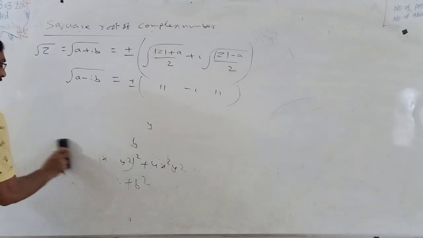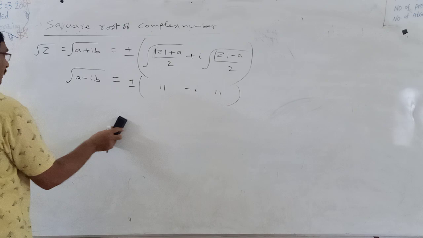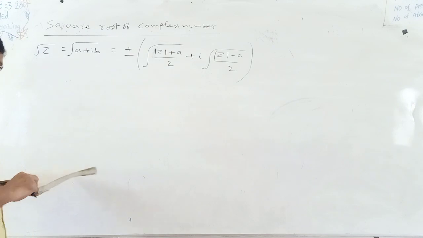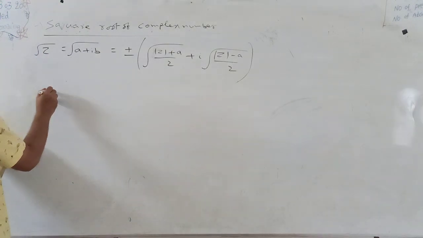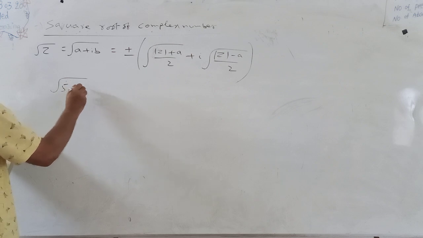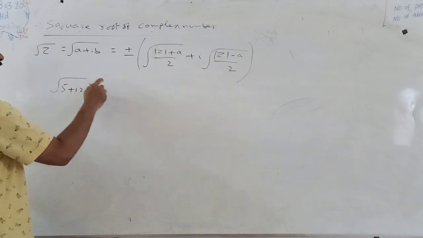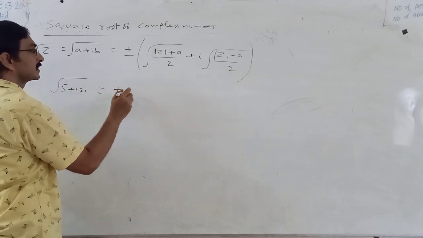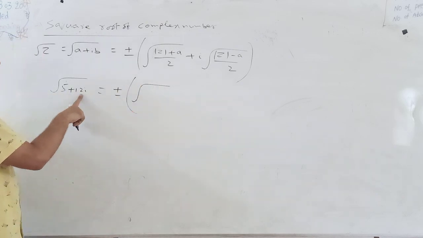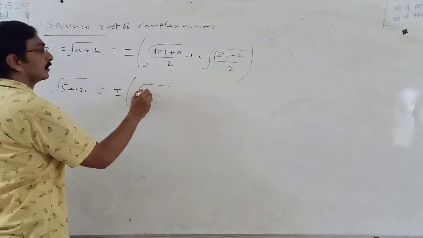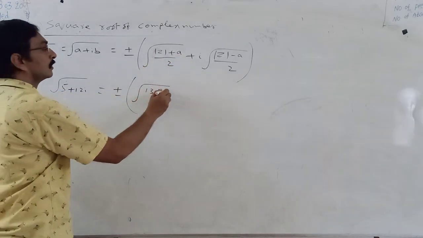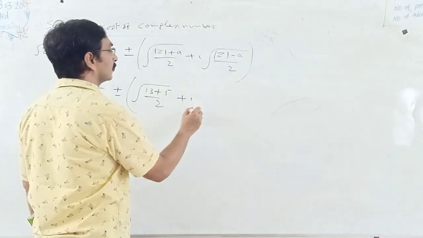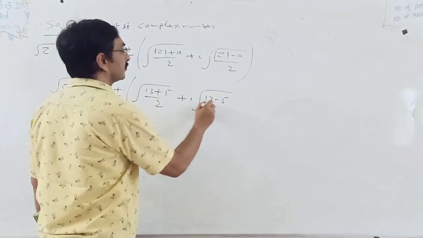So, problems based on this one, directly they can ask, just a complex number given, what is the square root of the complex number? See the example. Find root of 5 plus 12i. A is 5, B is 12. Middle sign positive. Therefore, answer plus or minus root of mod z, which is root of a square plus b square, is 13. Root of 13 plus a, that is 5, by 2 is real part. Here plus sign, so here also plus sign: i root of same 13 minus 5 by 2.